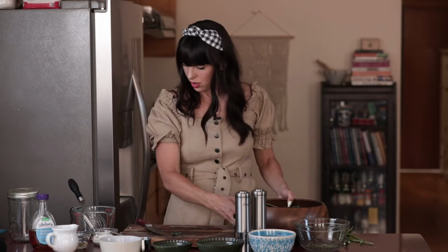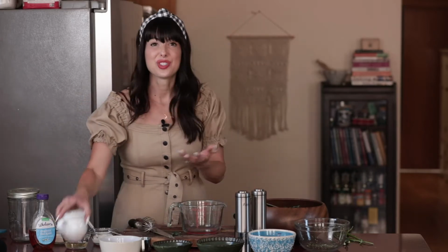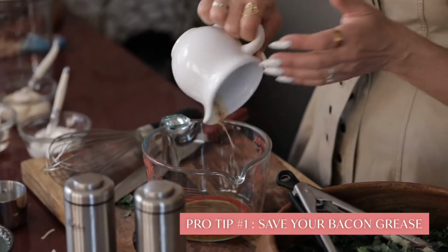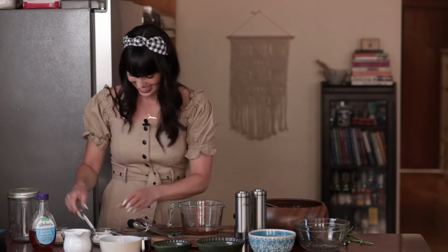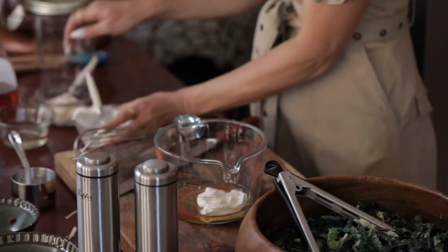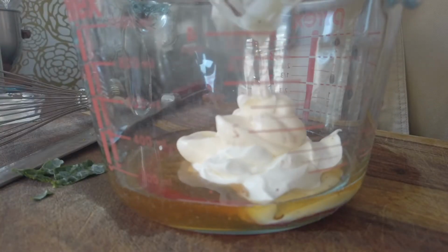And now for the dressing. When I made the bacon, I reserved about 1/4 cup of the bacon grease. That is my first and probably most important ingredient, outside of the kale, of course. Next, we have 1/4 cup of sour cream, 3/4 cup of mayonnaise,